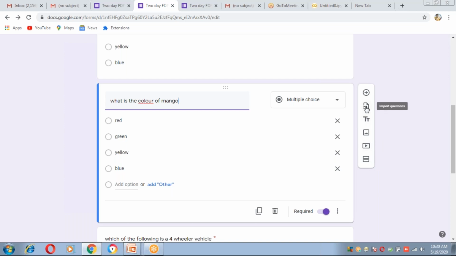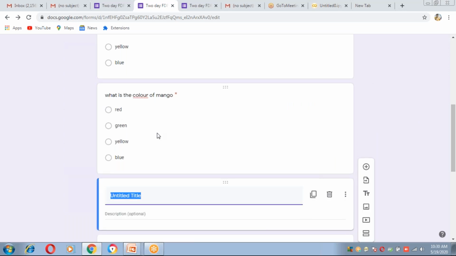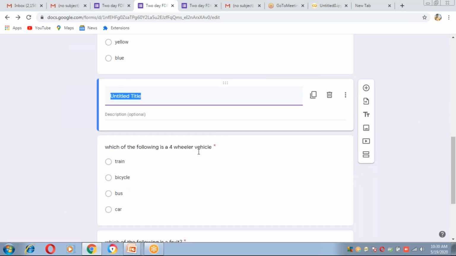Okay, this button is for import question. Import question means we can import from our files also, so that file's questions can be imported here. And this is the add title option.